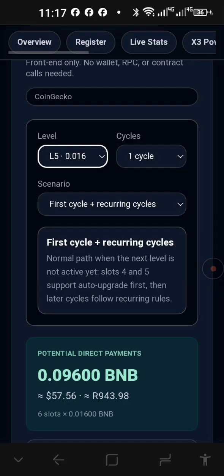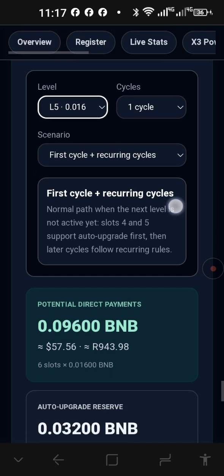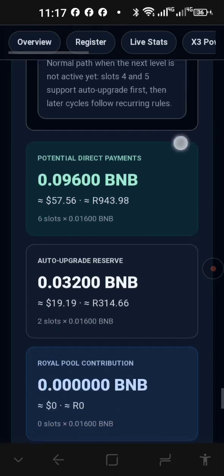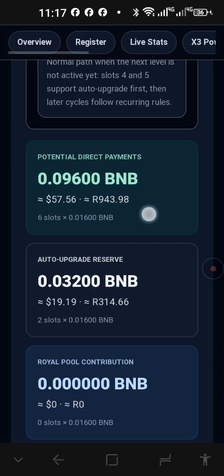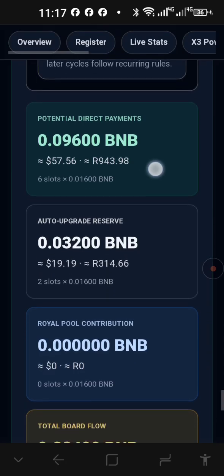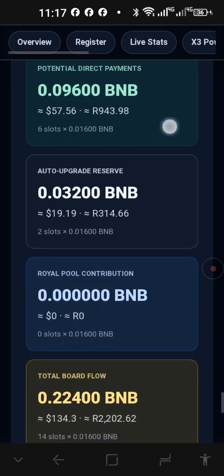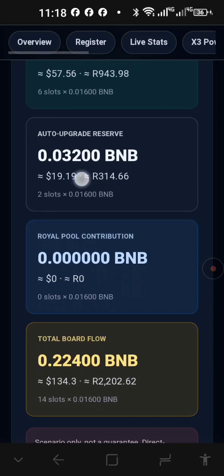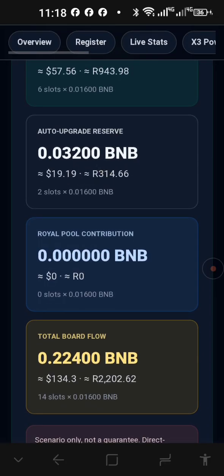Let's say you are on level 5, first cycle and recurring cycle. So there's your first cycle, the potential direct payments are $57 or 943 Rand. Right, now your auto upgrade is calculated in here already.